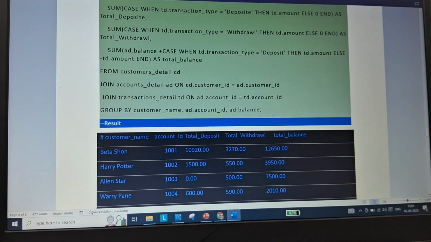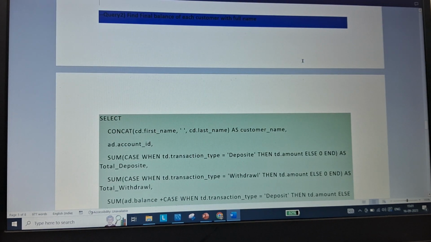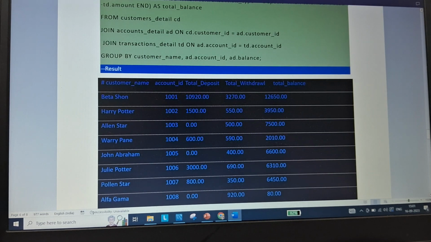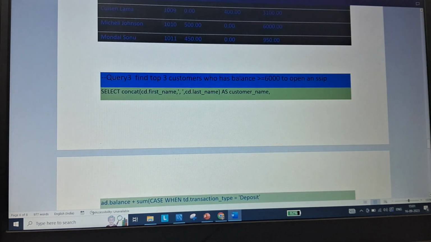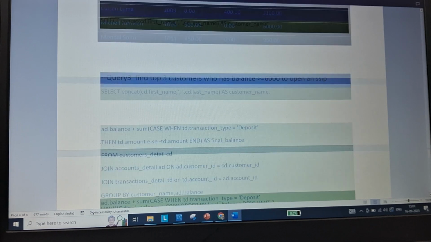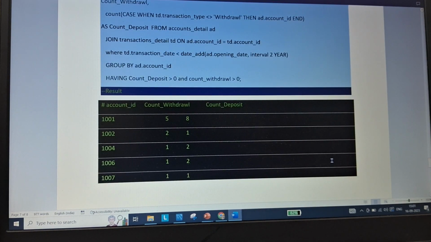This is a query which includes concat, case when and date format. So this is the result. This is another query which uses again concat and case when, and aggregate functions.